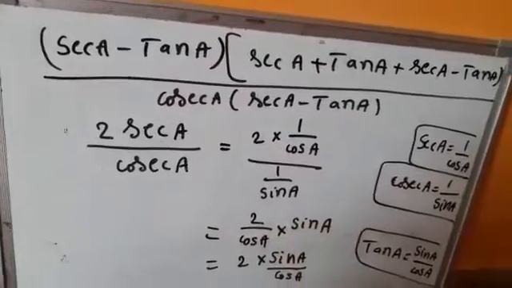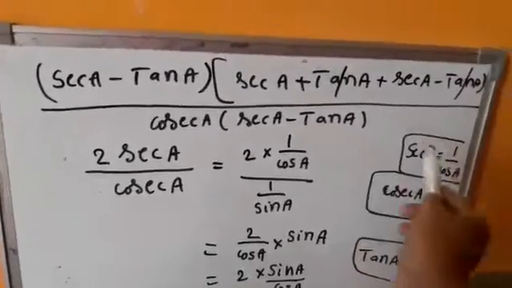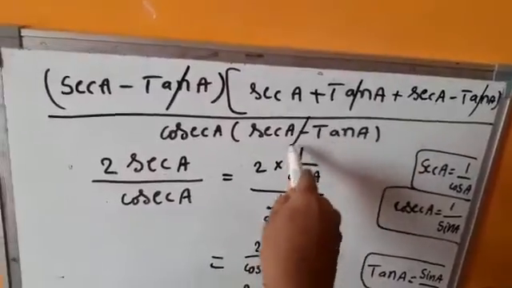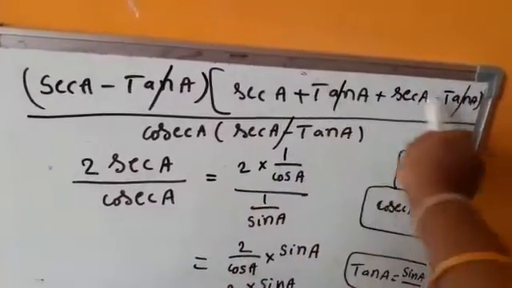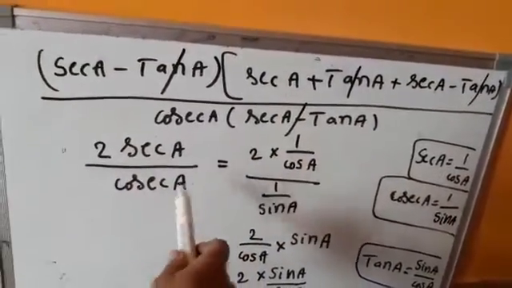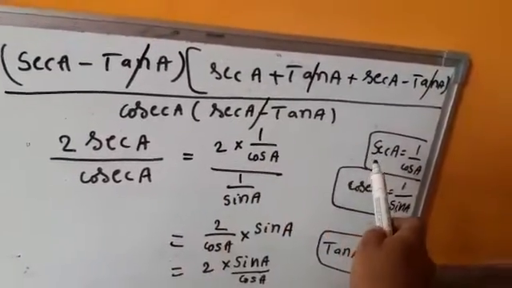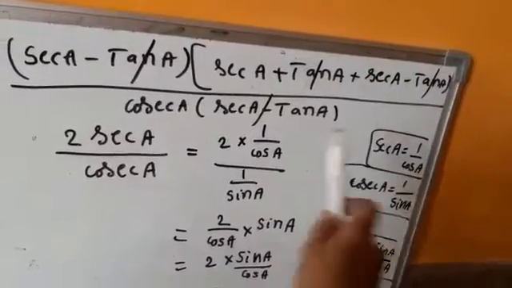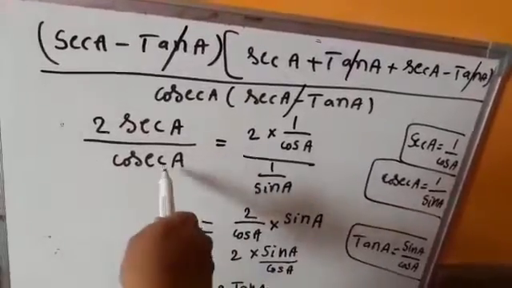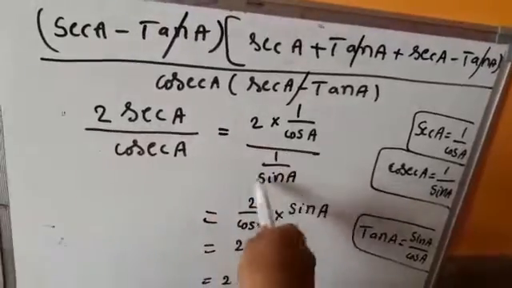See here, next step. Here, plus tan a minus tan a cancel. Remaining is what? Here, numerator secant a minus tan a and denominator secant a minus tan a cancel. Plus tan a minus tan a cancel. Remaining is secant a plus secant a, 2 secant a, divided by, already these 2 cancel, so remaining is cosecant a, equal to 2 into, see here, what is the secant a reciprocal formula? 1 by cos a. So, 2 into, in place of secant a we should apply 1 by cos a, divided by, what is the cosecant a formula here? Cosecant a is 1 by sin a. So, in place of cosecant a we should apply 1 by sin a.